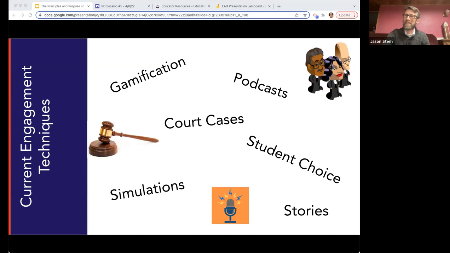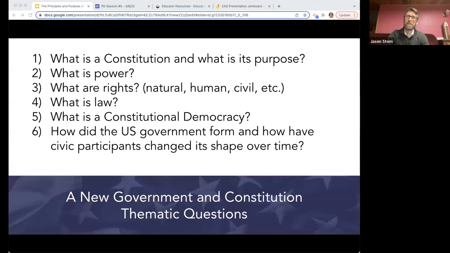And sometimes those are the things that draw kids in, and they're ho-hum about the technology because they're just used to it. It's sort of become a circle that I've noticed. So if we move on here, these are the themes that are a part of the new government and constitution